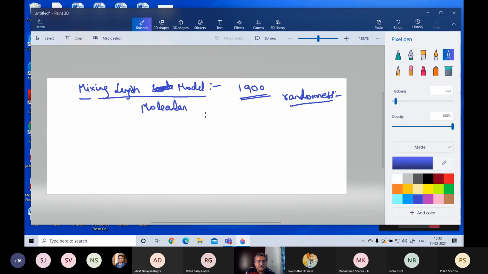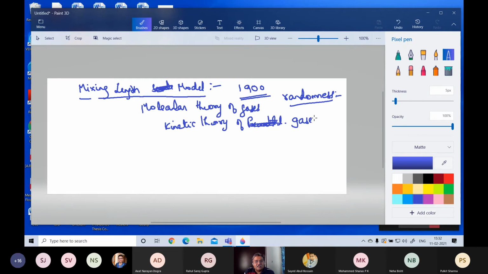This was developed even before 1900, somewhere around 1850. The molecular theory of gases, also known as the kinetic theory of gases. So what Prandtl did, Prandtl understood that this thing was slightly like a randomness only. So what he said, let us follow the same method as in the kinetic theory of gases.